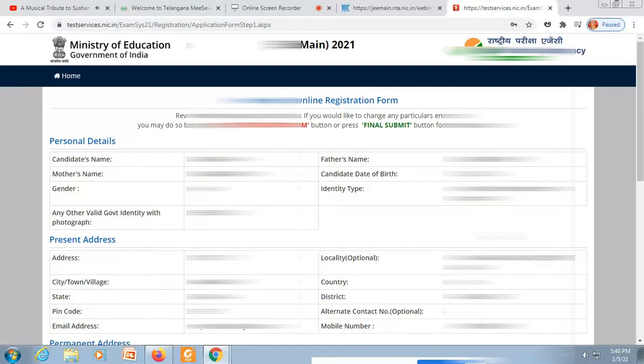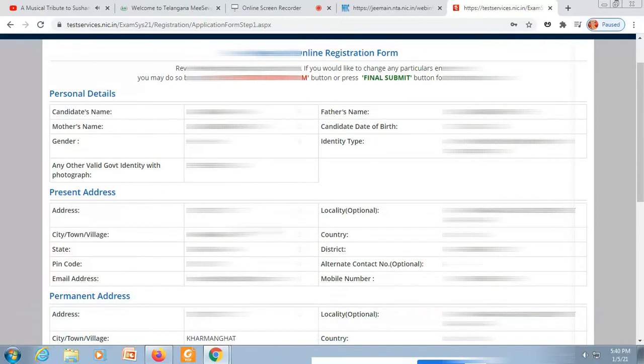And before going further, please review your application. These are the final confirmations. Whatever details you have entered will be shown here for the final submit. You can't edit further, so you have to make sure all the details are filled correctly. If anything is wrong, you have to go back, and there is a chance you can still edit all your application details. So don't be in a hurry.